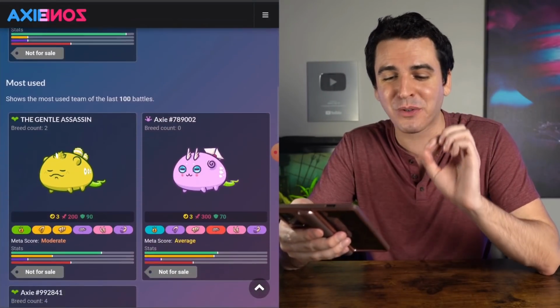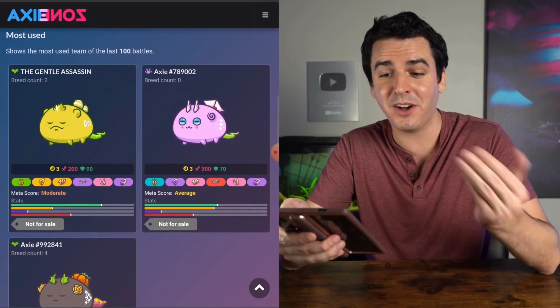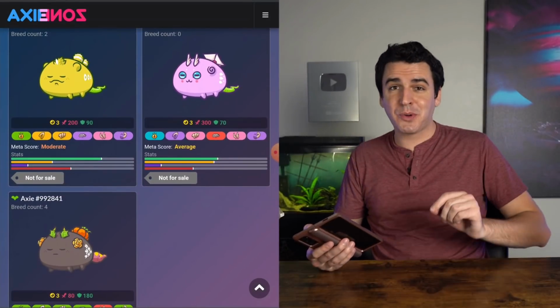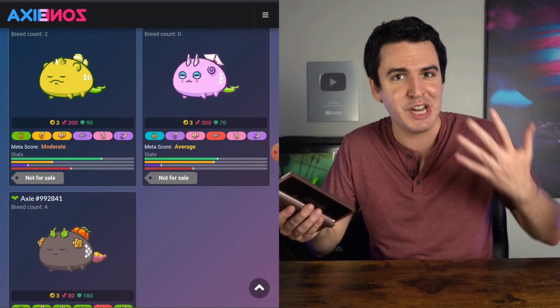And if we look here and click on him, we can see exactly which Axie teams he's battling with. And this is a really, really cool tool because we can also see his most used Axie team. And the reason this is a cool tool or a cool thing to know about when breeding Axies is because oftentimes the Axies that are performing the best in the arena will sell for the most on the Axie marketplace. Why? Because people are looking for powerful Axies that are going to allow them to win more games in Axie